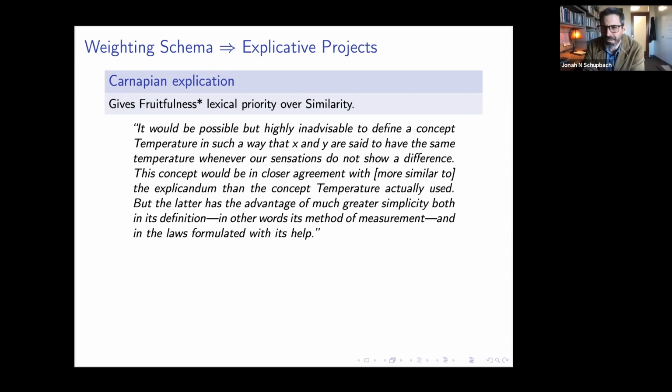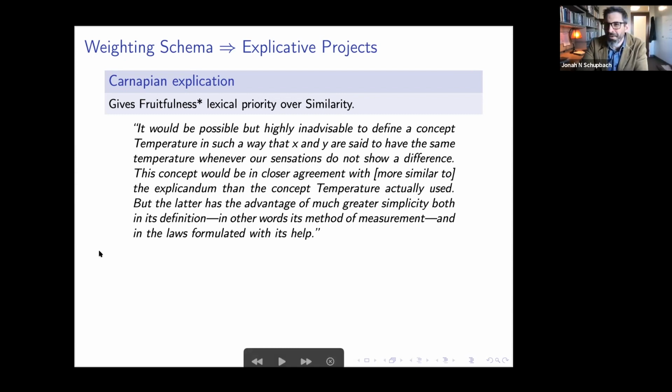So notice already here, it's unclear exactly how Carnap's ranking these things. What is clear is that he likes fruitfulness a lot. What is not clear is how he ranks similarity against, for example, simplicity. Before, it seemed to be the case that he was giving simplicity lexical inferiority under all the other criteria. Here he seems to be suggesting that sometimes we might want to give up some degree of similarity, not just for the sake of fruitfulness, but also for the sake of, as he puts it here, simplicity in definition. Anyway, that's just to say it's not at all clear how Carnap ranks these things, but it does seem clear that Carnap ranks fruitfulness pretty consistently higher than any of the other desiderata.